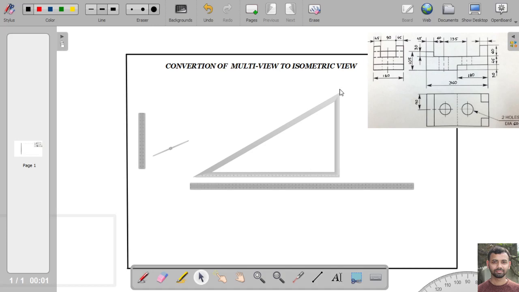This lecture is based on conversion of multi-view to isometric view. Now, to convert the multi-view to isometric view, the first step is we have to go through the orthographic view carefully. So at first we have to go through the total structure or all the front view, top view, and side views of the orthographic projection, and then we have to find out what the principal lines are there,